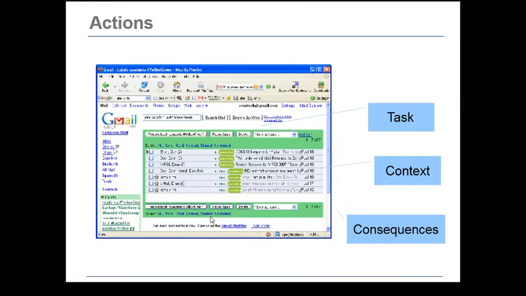Then actions: as we will see in this diagram, there are tasks, context and consequences. The user performs actions by clicking in the context, clicking on some tasks, and according to that the particular page will open.